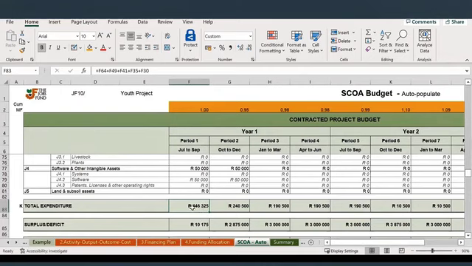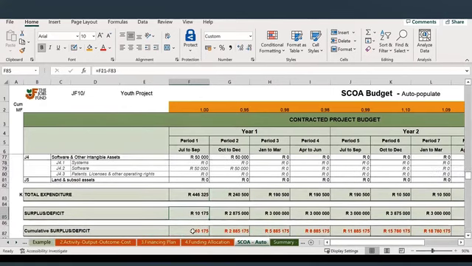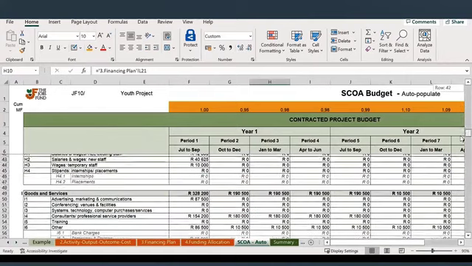So as a check, when you are doing your budgeting, just check in with the SCOA to see what your expenditure requirement is. And also the surplus, we have a surplus that first quarter, we also have an accumulated surplus. It also shows you how much excess cash you may be sitting on. This is growing because I've just modeled the inflows for the rest of the periods in grant and match funding, and there's no concomitant expenditure, so it will show as